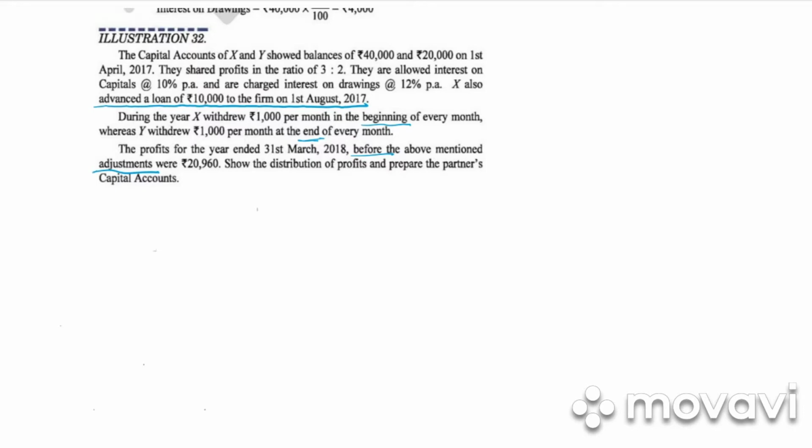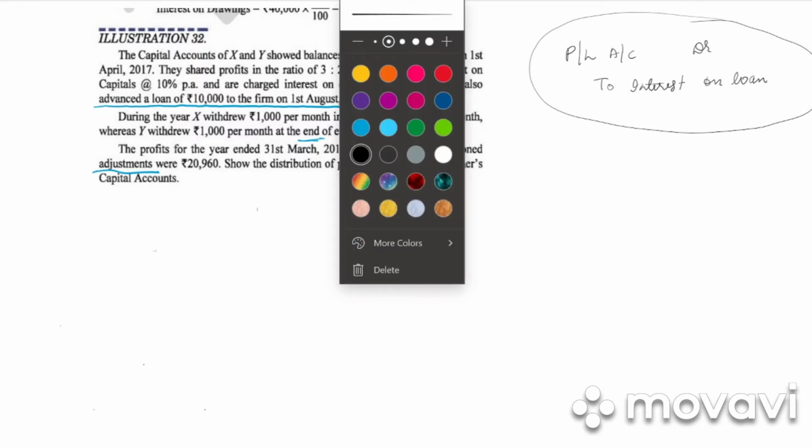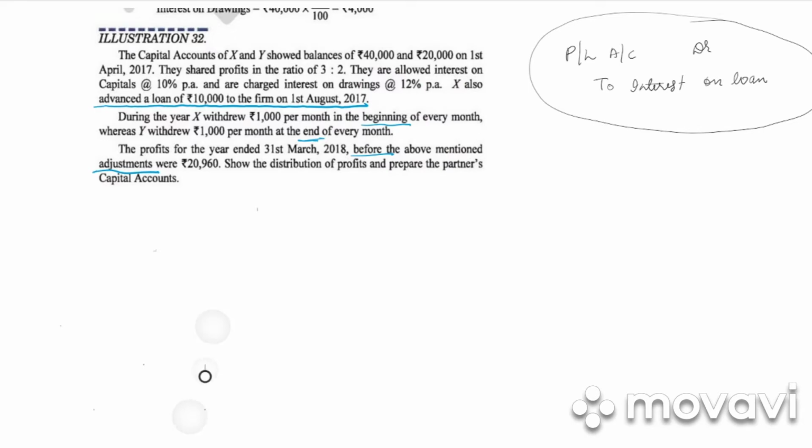So in this sum, they have given us the profit before the adjustments. So we need to see the profit after adjustment. What is the profit after adjustment? There is only one extra thing which has been given, that is X advanced a loan. So the partner is giving a loan to the firm. When the partner gives a loan to the firm, what is the journal entry? It is profit and loss account debited to interest on loan. So rather than preparing a profit and loss account, we will directly show the calculation and get the net profit after adjustments. So take down